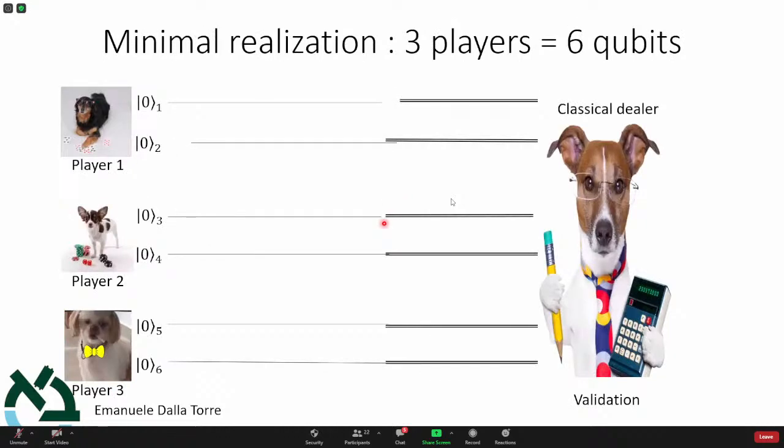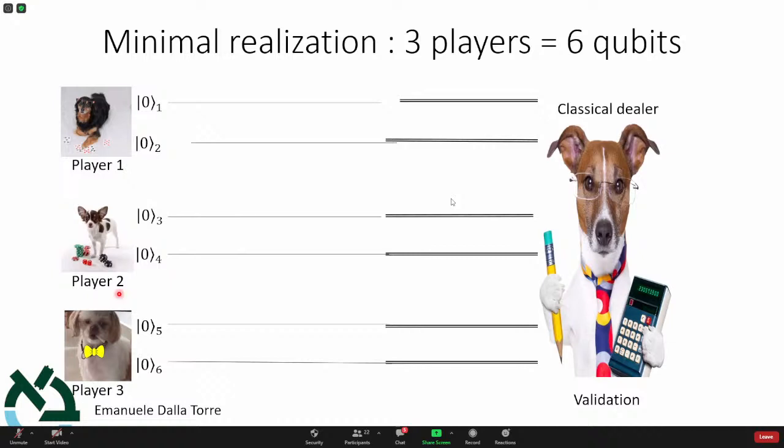First of all, this is a collaborative game. What does it mean? It means that the players work together. They're trying to win, and winning means satisfying some conditions. There is a classical dealer which sets some conditions, and the players are trying to win by satisfying all the conditions. They can talk together before starting the game, and they can decide on some strategy that will allow them to win. So naively, it looks simple. If you know what the rules are, then you just sit down at the table and choose some strategy to win.